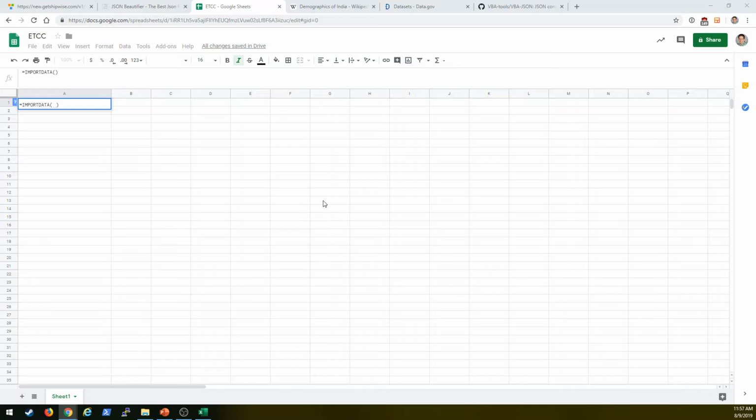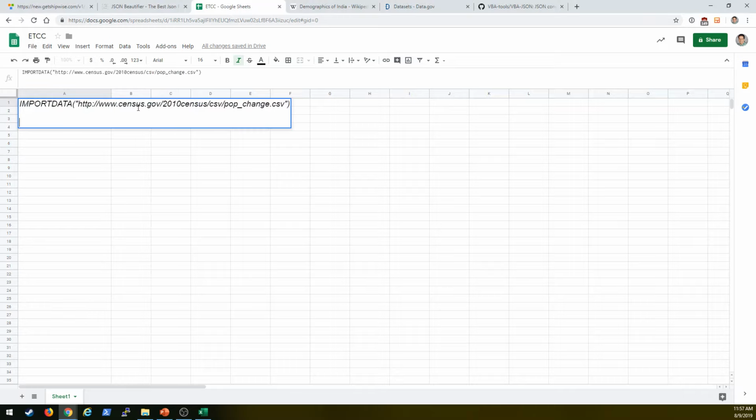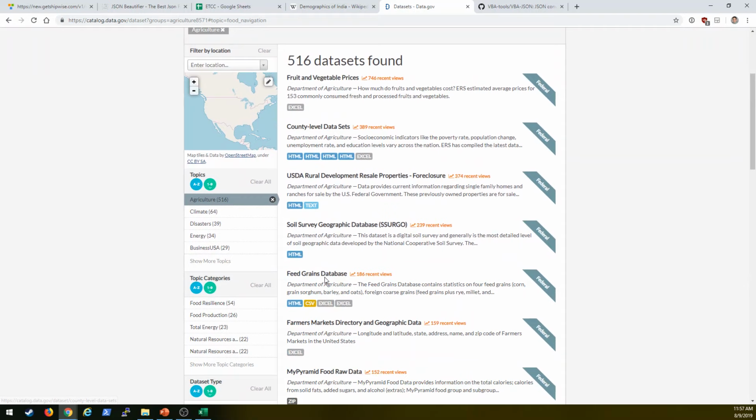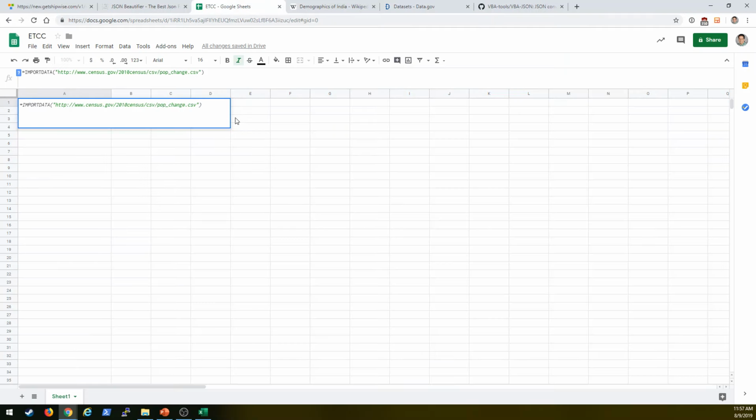Like in their example, this is going to be importing, that's terrible. Sorry. There we go. Need that equal sign. Importing this census data. So this is just a CSV file that's available on census.gov. Again, you can go to data.gov and get any data set. We'll try pulling some other ones here shortly. And if you hit enter,